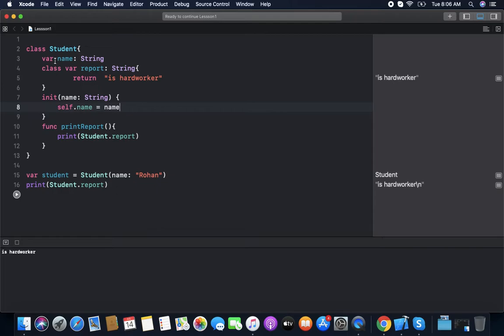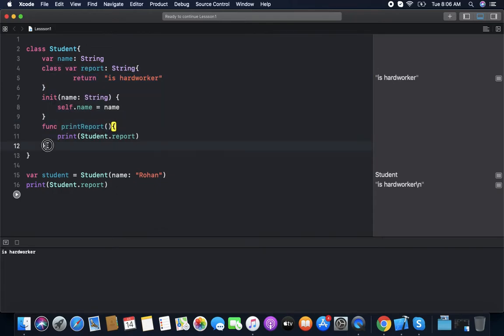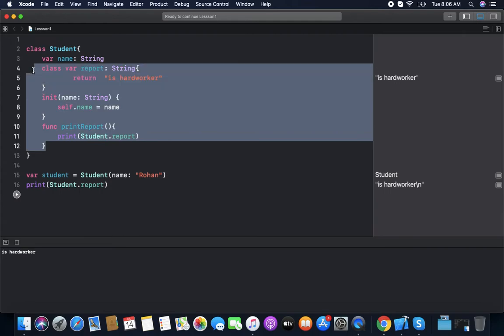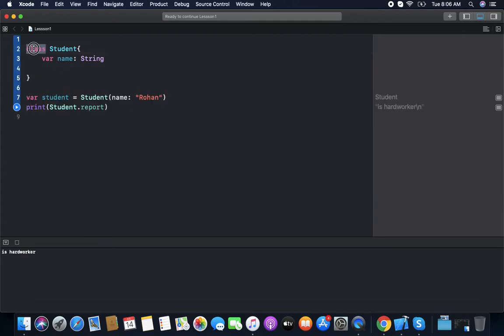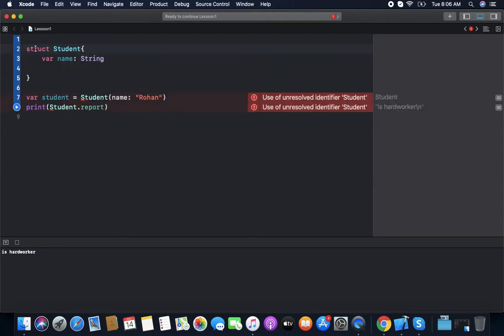Like we remove this report, remove all these things, and make it a struct. If we want to change the name, we can change it here: name equal to Sun.